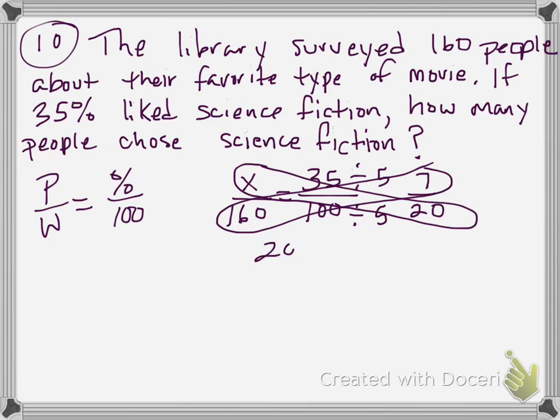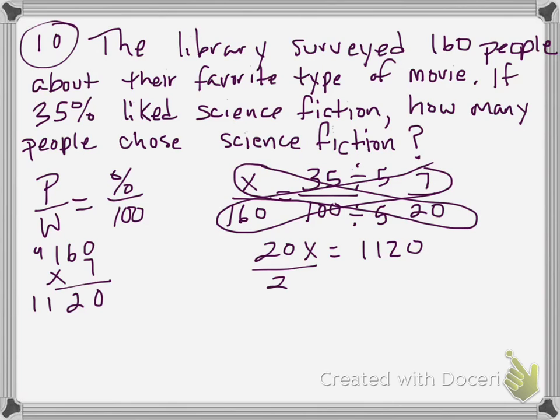Well, the 20 times the x is easy. That's 20x. The 7 times the 160, we're probably going to have to do that off on the side of our paper here. 7 times 0 is 0. 7 times 6 is 42. Put down the 2, carry the 4. 7 times 1 is 7, plus 4 is 11, so that's 1,120. Now to get x, I have to divide by that coefficient, the number out front, which is 20,